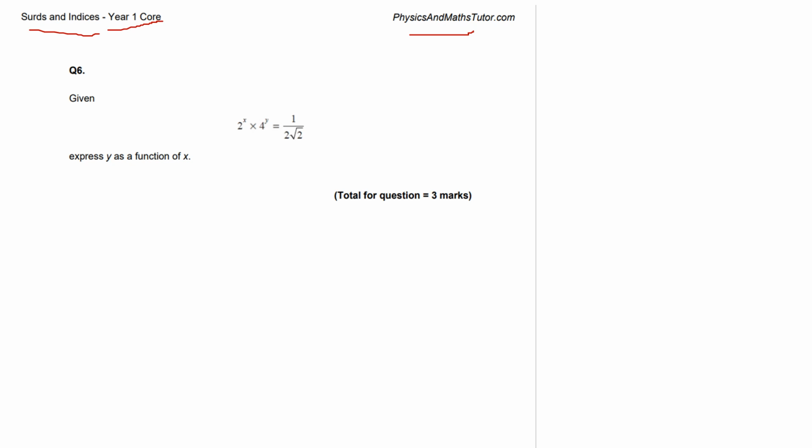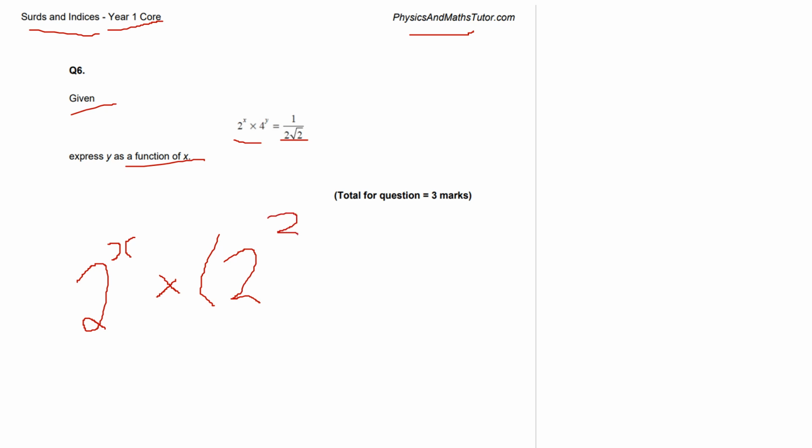Question number 6, this is, given that 2 to the x times 4 to the y equals 1 over 2 root 2, express y as a function of x, okay? So we want to write everything as a base power of 2. So 2 to the x, I'll leave that as it is. Now hopefully you're happy that 4 can be written as 2 squared. So I can write 4 to the y as 2 squared